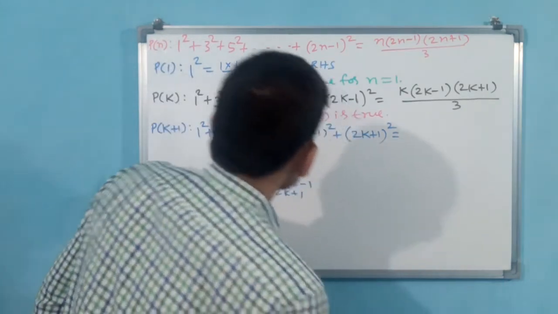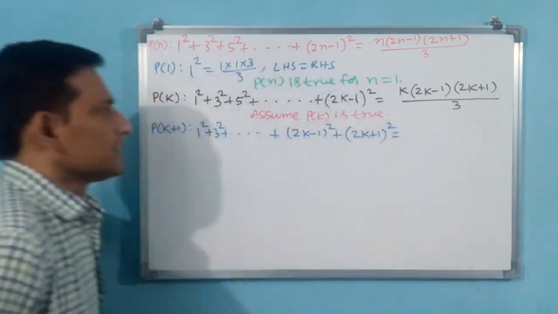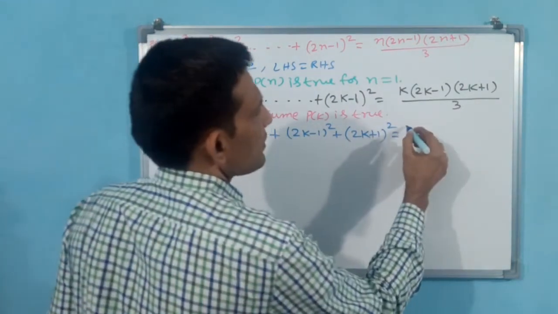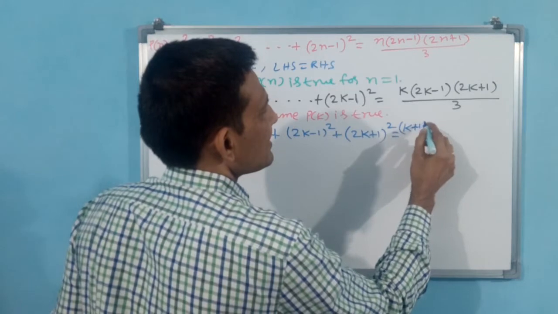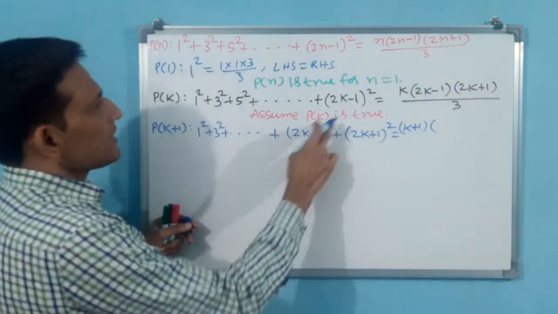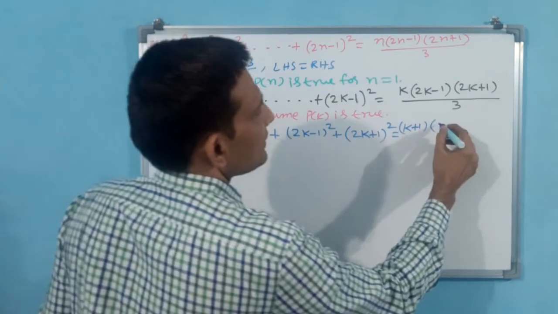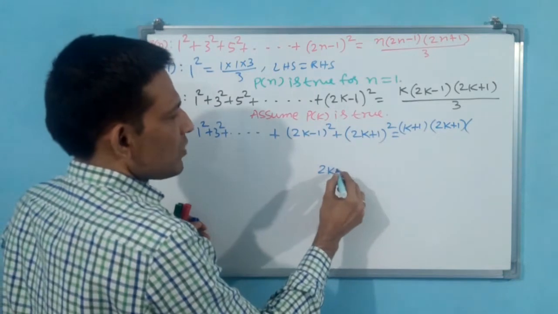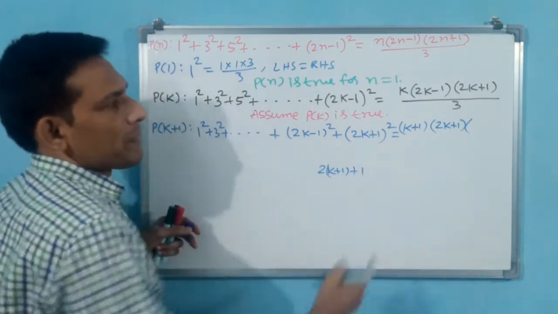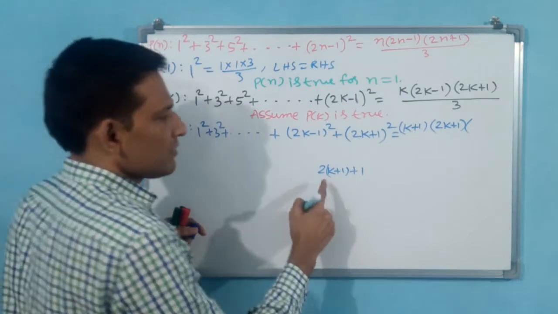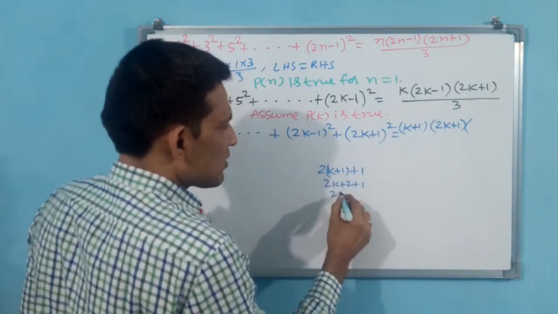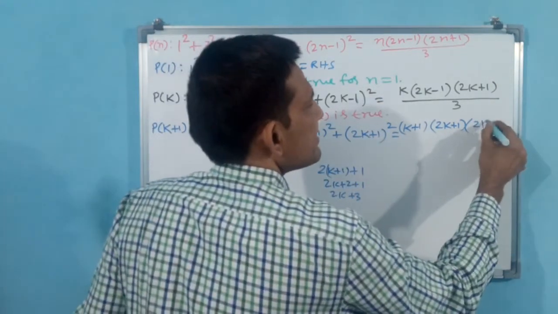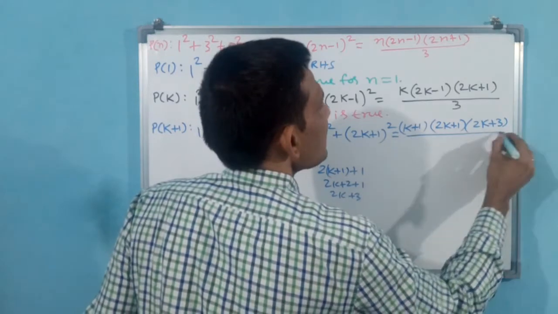Okay, just come here. You see here, k means k plus 1 will come. Write down k plus 1. 2 of k minus 1 we have already written. 2 of k minus 1 will become 2k plus 1. Okay. Now we will see 2k plus 1: 2 of k plus 1 plus 1. This one. In place of k we have written k plus 1. You see 2k plus 2 plus 1, 2k plus 3. Is it okay? We will write 2k plus 3 there. 2k plus 3 divided by 3.